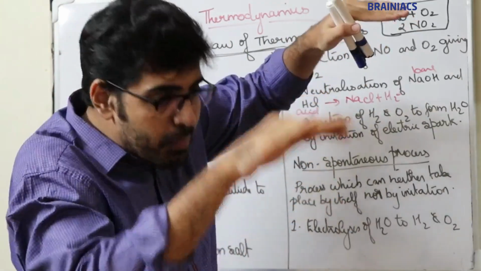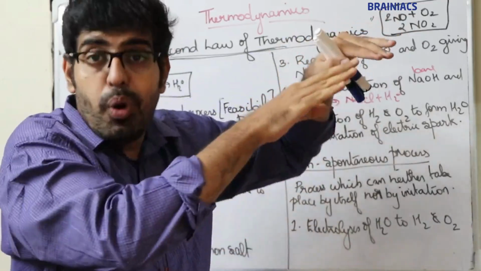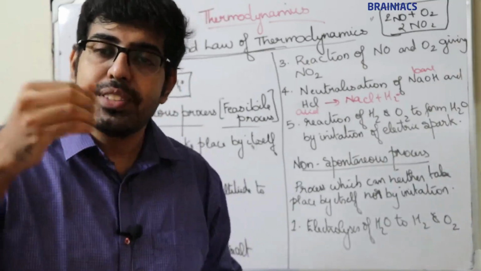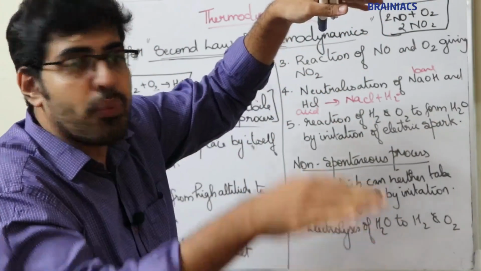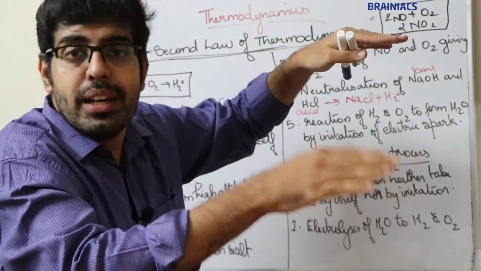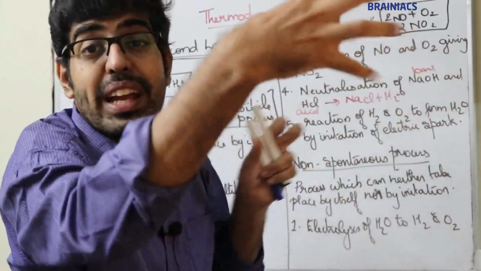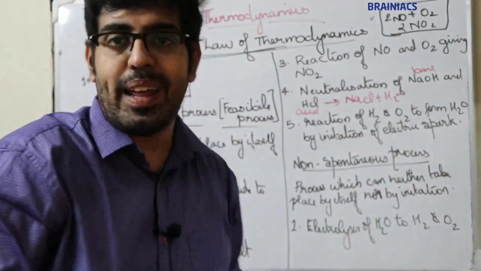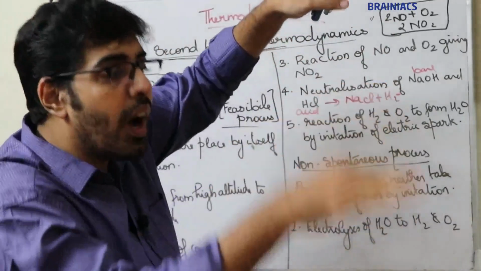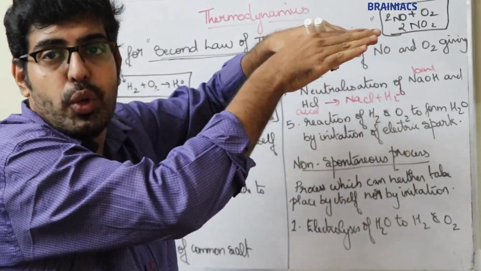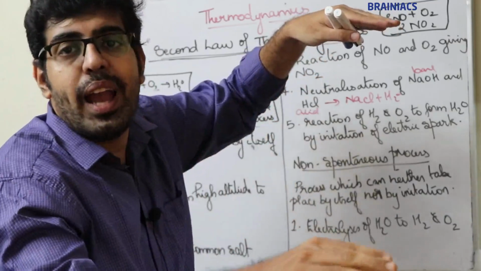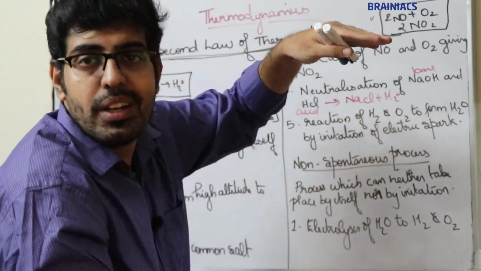Water will not flow from low altitude to high altitude by itself, and that is possible when we supply electric energy. By using a motor, if we supply electric energy, then the water will flow from low altitude to high altitude. But this is possible only in the presence of external energy. We have to supply electric energy to the motor, so the motor will pump water from low altitude to high altitude. When you switch off the electrical energy, the motor will stop working, and at that time this process will stop.